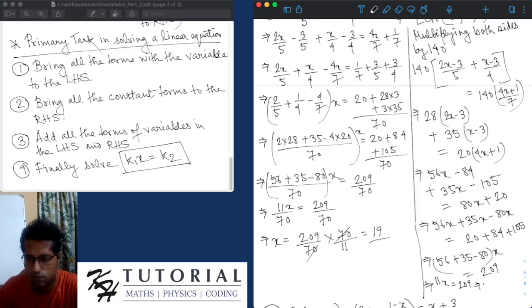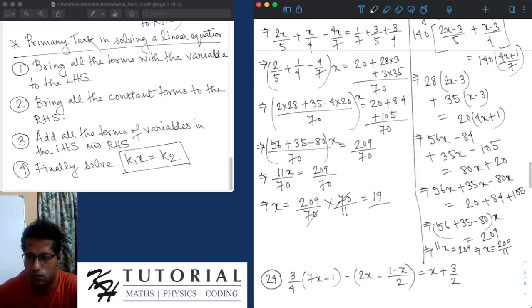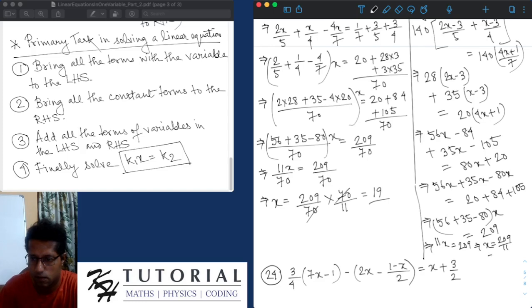This implies x equals 209 divided by 11. That was coming out to be 19. So we got the same result as the result we got while solving it in the straightforward method, but